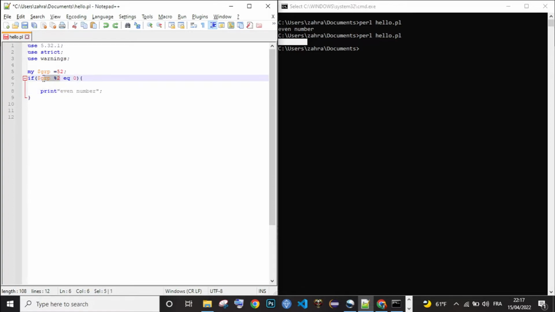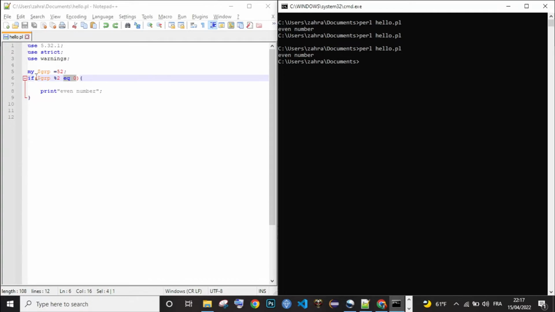Now I put directly this one, I didn't bother to put it in another scalar, because it will calculate the modulus of 2 and then compare it with 0. Anyway, I'm gonna run this. It's gonna give me an even number.